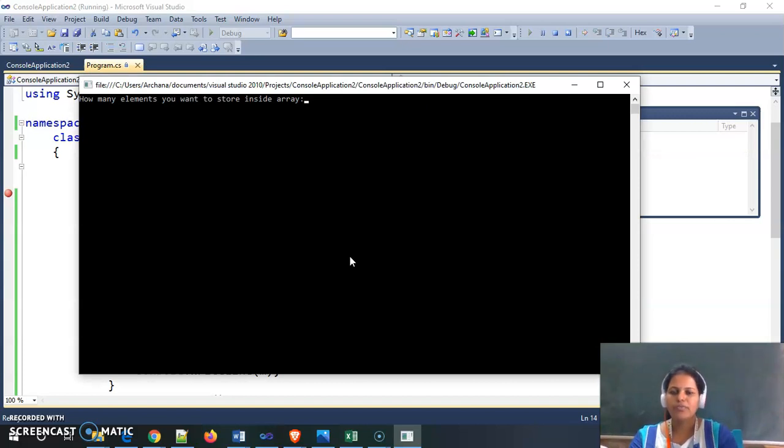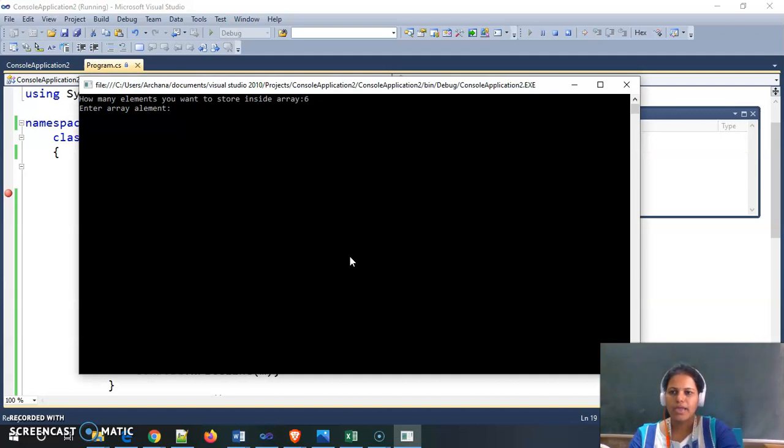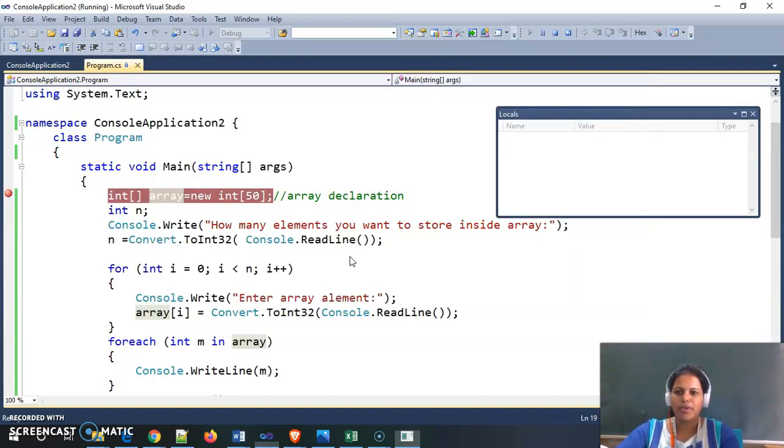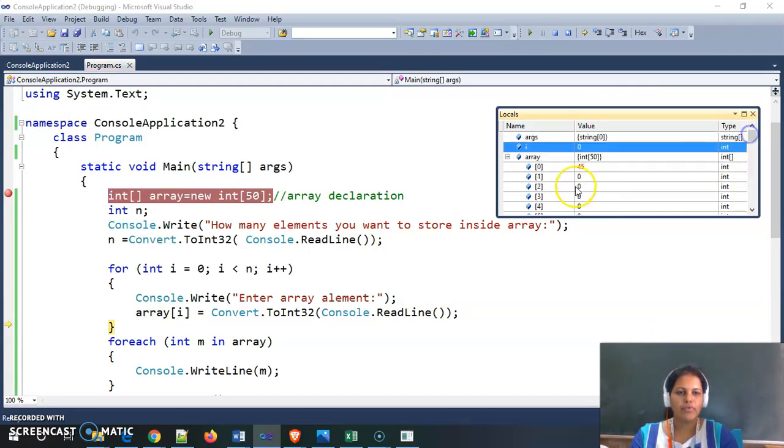If I give the value 6 as the number of elements I want to store, then my program goes to the next line, enter array element. If I give 45, then 45 is stored inside my array at the 0th index.